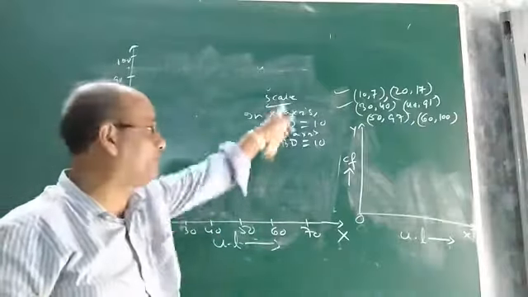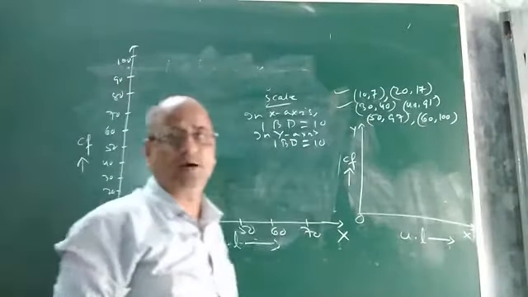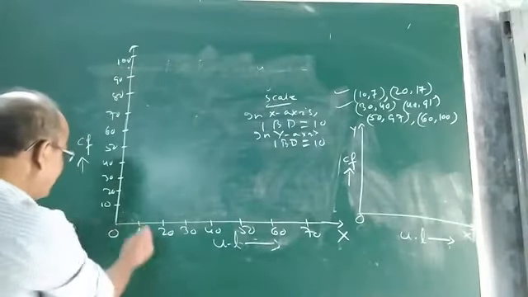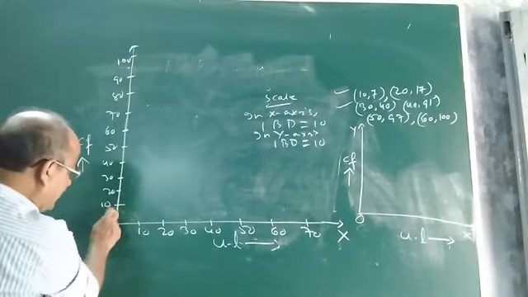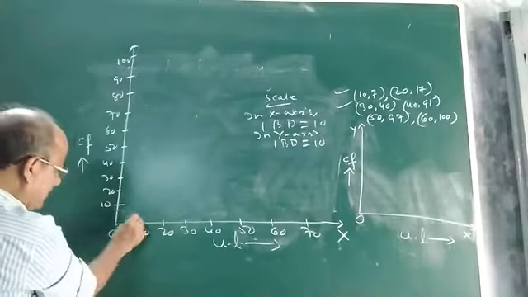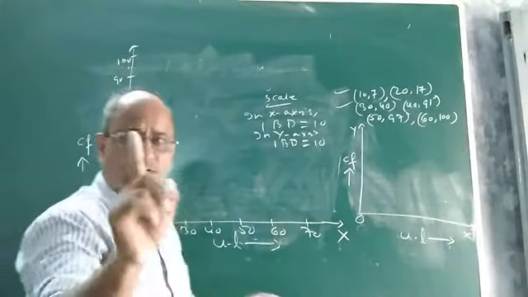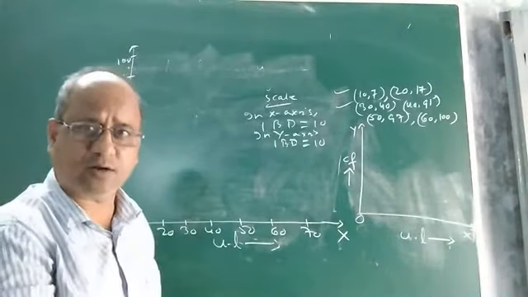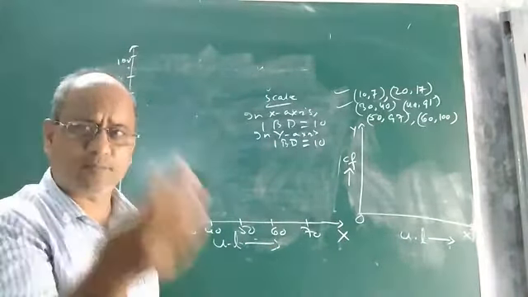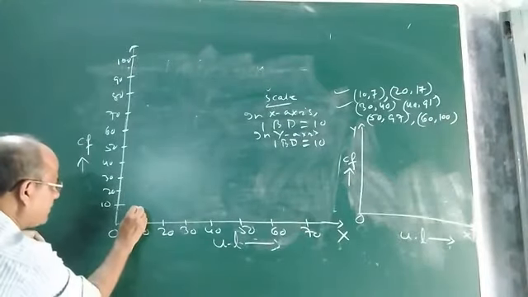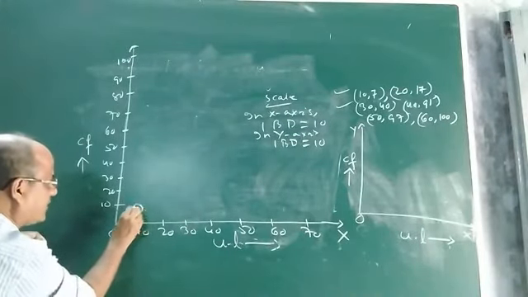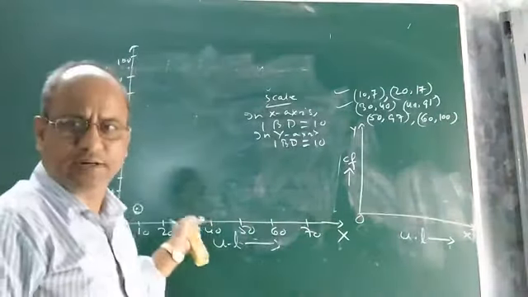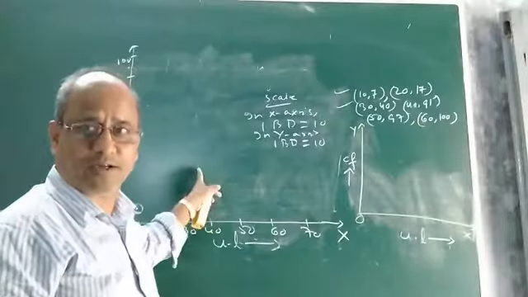Then what do I have to do? I have to plot the points. Look at the first point. What is the first point? It is 10 and 7. Look at 10. This is 10. Where is 7? 7 will definitely be between 0 and 10. This is the origin. One small square is equal to 1, because you have taken one big division equal to 10, meaning 10 small squares equal 10. So 7 small squares will be equal to 7. That means this point will lie here. Suppose this point is 10 and 7. Children, if you do it on graph paper, you can easily show it. I am just using the blackboard in order to explain to you.